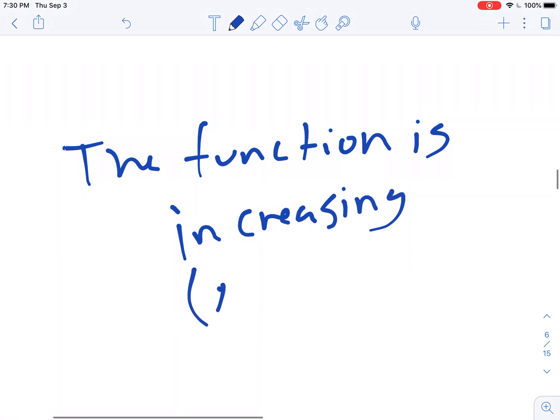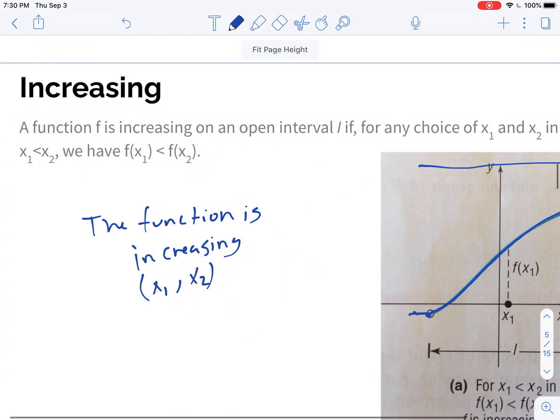from x1 to x2. And we're always going to report this in terms of our x values. We don't report this in terms of our y values. That's something that a lot of students tend to get stuck on, is we think that we're reporting this in terms of the entire ordered pair, or we're reporting this in terms of the y value. We're not. We always